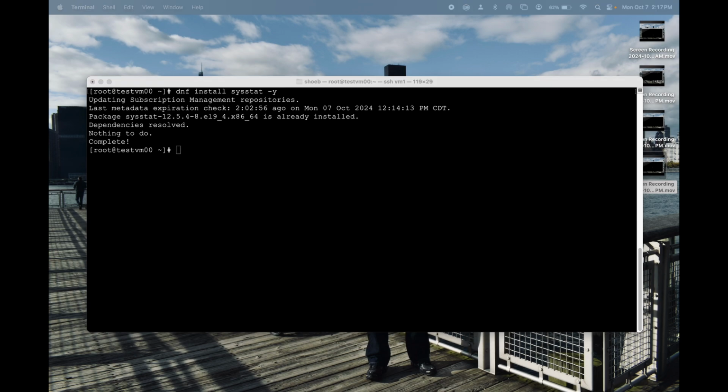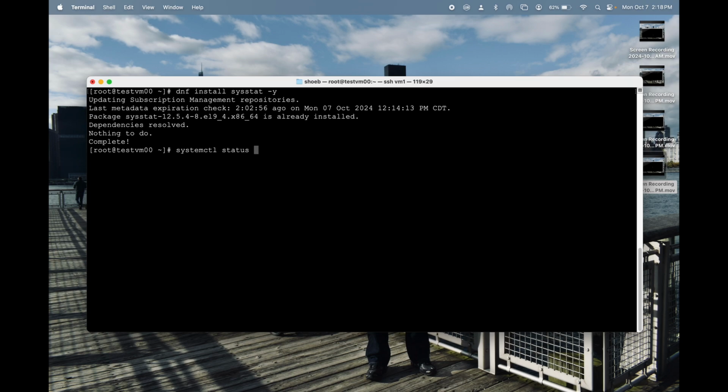Okay, now the next thing we're going to discuss is something I mentioned in my previous video, that you get access to something called Cockpit, which gives you a view from the web browser, a GUI interface. Let's look at that if you wish to use it. So let's check